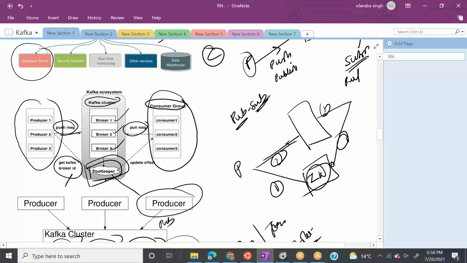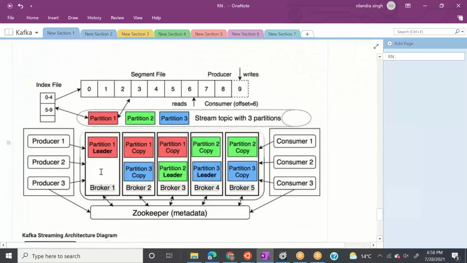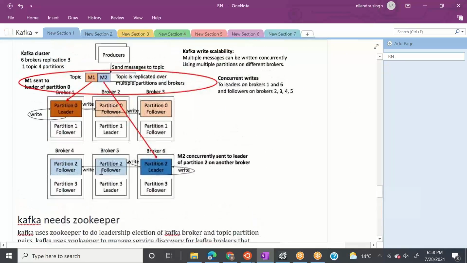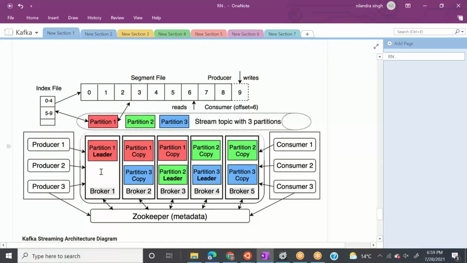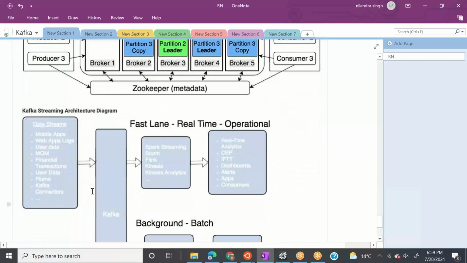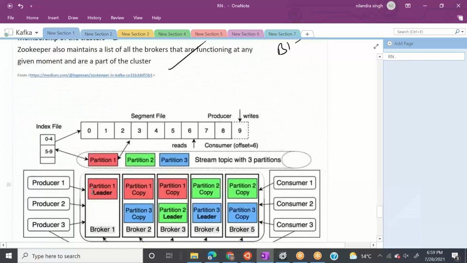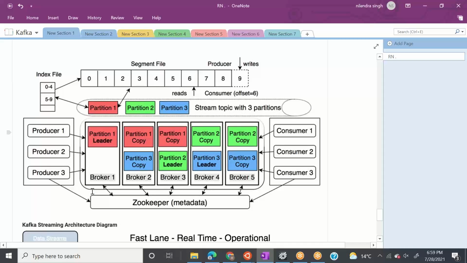So Zookeeper, we can say, is maintaining all the metadata. And that's where Zookeeper is very important. If Zookeeper is gone, it means we don't know till what offset we have read the messages, how many brokers are active, how many replicas are active, what permission each machine has, we don't know. So that's where Zookeeper is a very important component, right? This is good. So let's see if I missed something. Okay, one more thing actually I missed, and let me think.